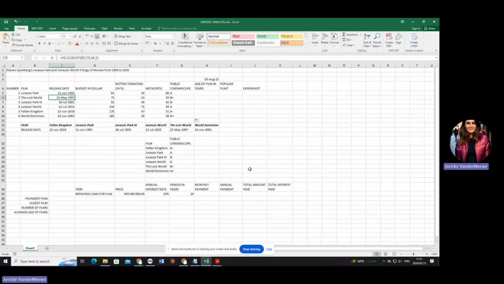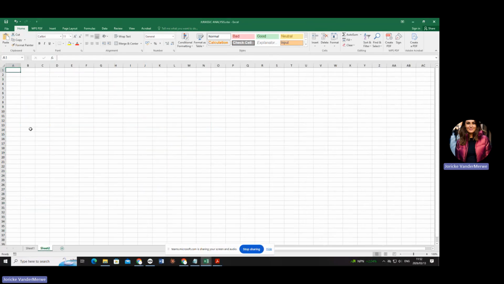Now, let's go to number D. D is the age of the film in years, and you must use the given date in cell H3. Okay, now listen very carefully. This is part of text functions. Before I do this one, I'm going to ask you to calculate your age. You obviously know what your age is because you're a human being and we tend to know what our age is.